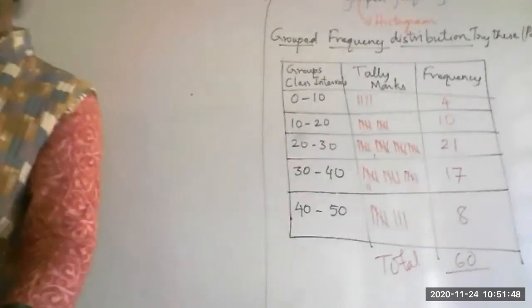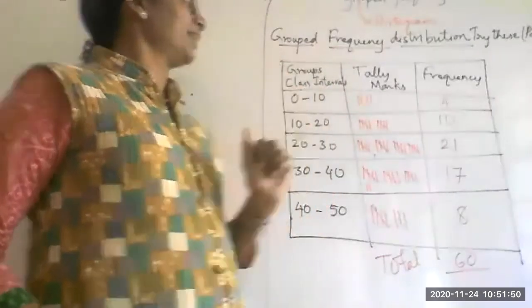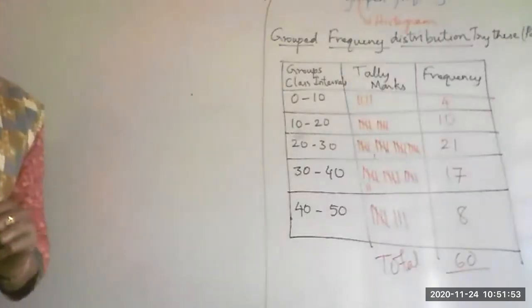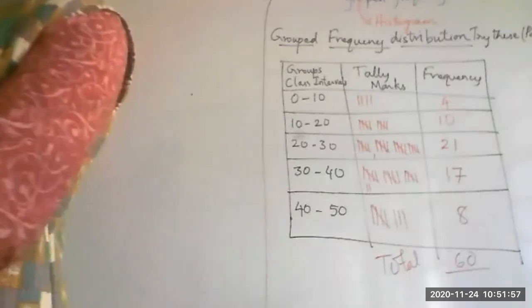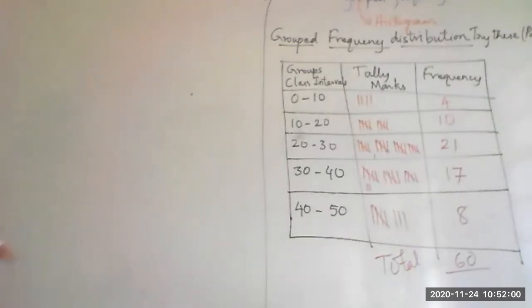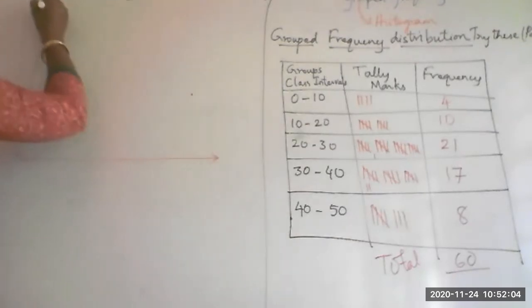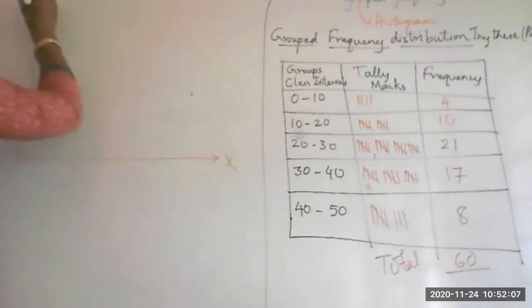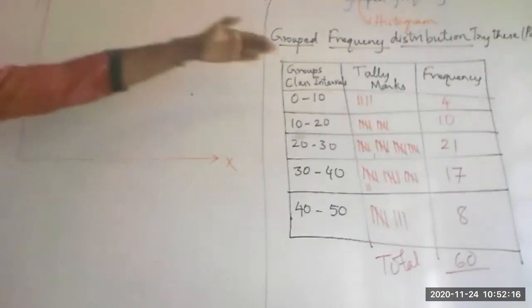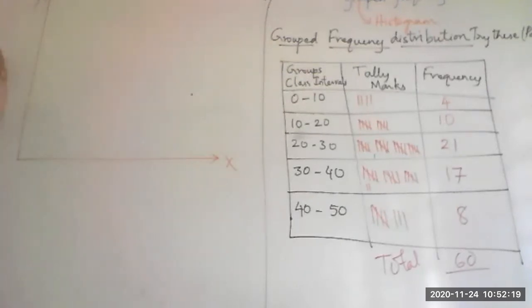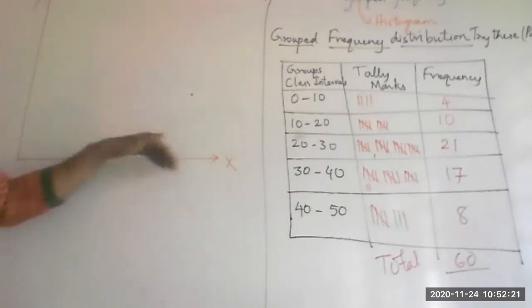All right. So now when I want to represent this grouped frequency distribution in the form of a graph, like yesterday I was telling you how to draw a single bar graph or a double bar graph where you had the x and the y axis marked first. And on the x-axis, you have taken the individual entries, and on the y-axis, you are telling what is the length of the bar that you want, which will depend on the frequency. On the y-axis, you will have frequency. On the x-axis, you will have the individual entries.